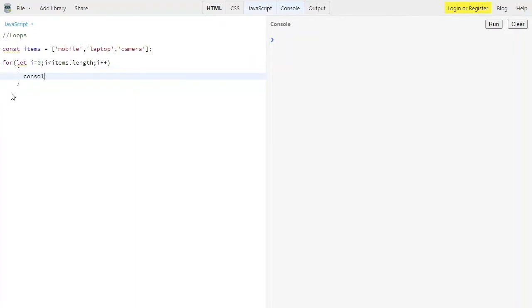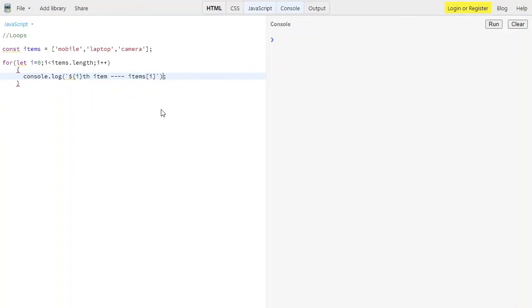I'll use console.log over here and print using interpolation, which is ith item is items of i.